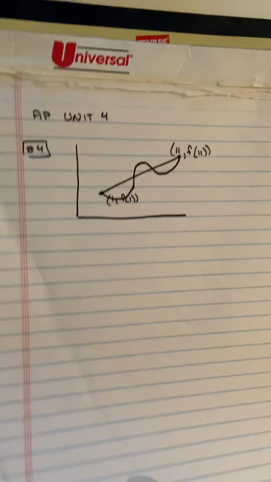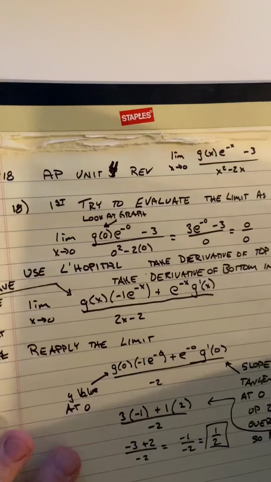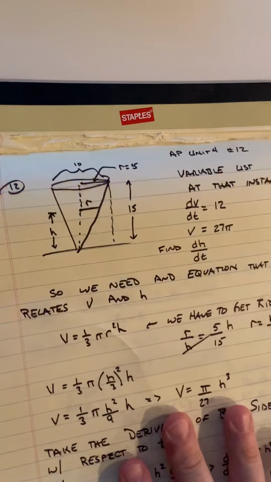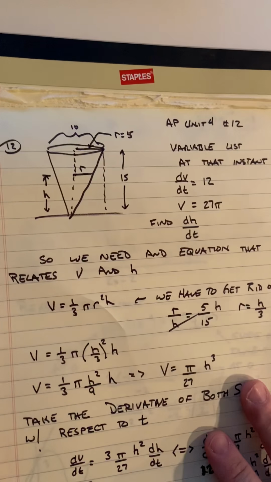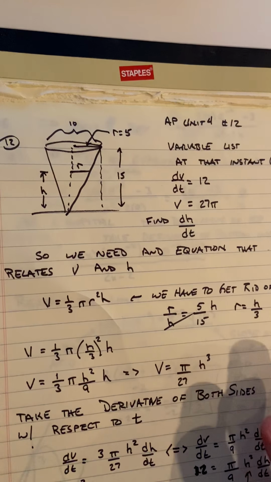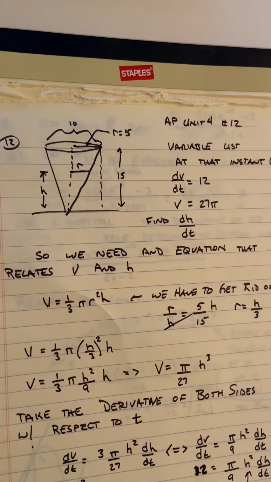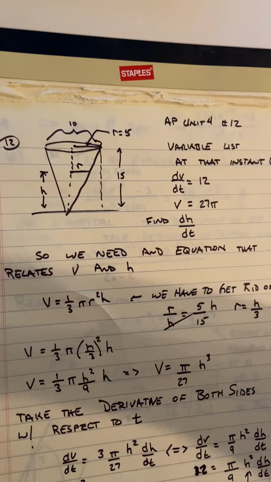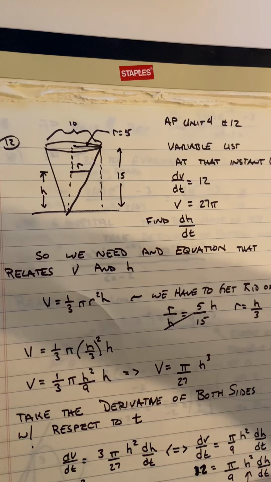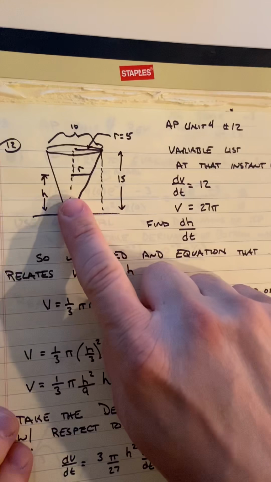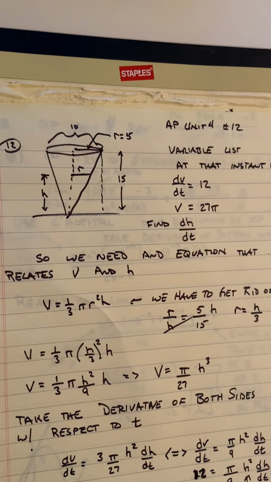Next, this one was a little tougher. I'll try to go through as quickly as I can, but I don't want to lose anybody. Number 12, we've got this conical bin, and it's got a leak in it, and it's losing whatever fluid or corn that's in there at a rate of, the volume's changing at a rate of 12 cubic feet per